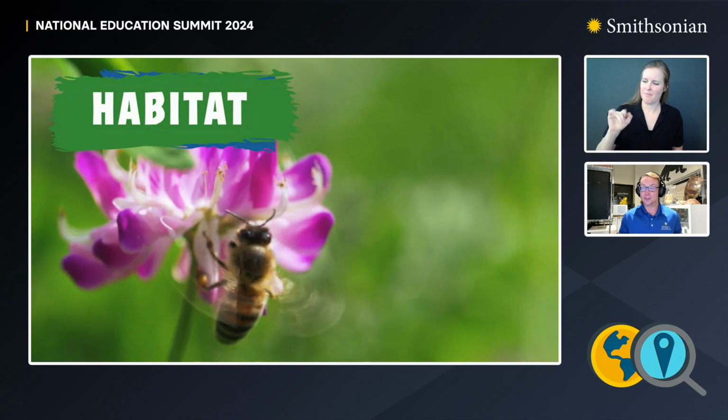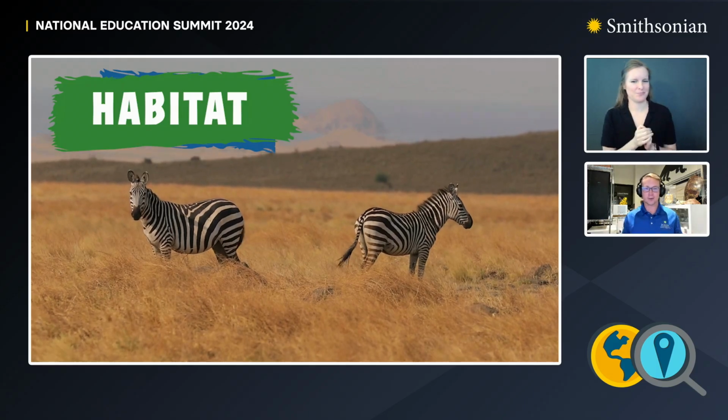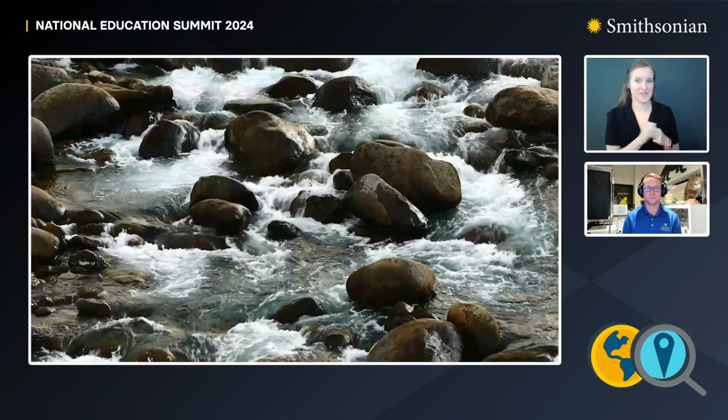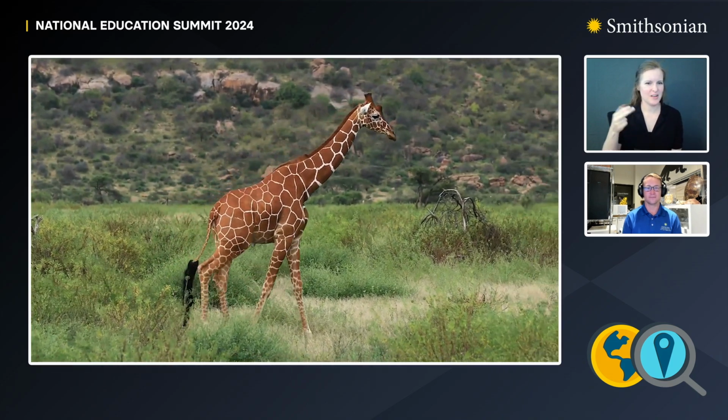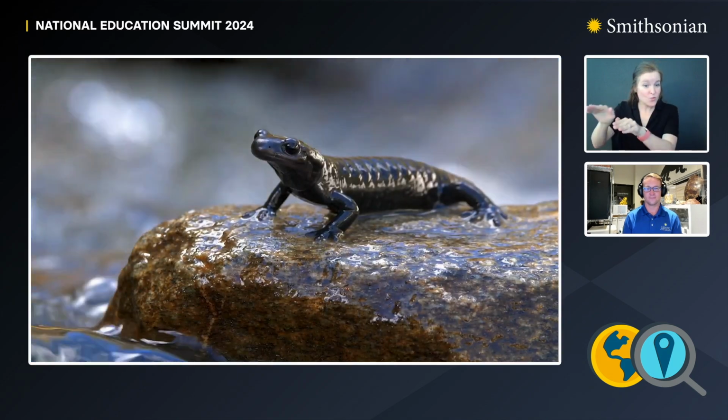A habitat is a place that living things like plants and animals call home. It's kind of a full example, but it's not just that. They include the non-living things too, like rocks and water. Habitats can be big or small, from a whole entire ocean or as small as under one rock. There are many kinds of habitats that can be found on Earth.